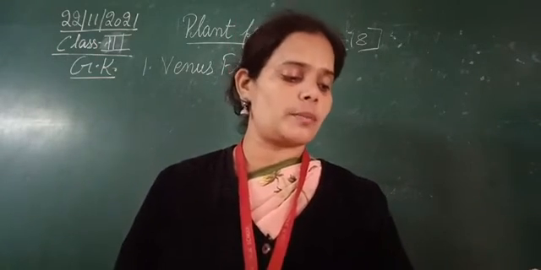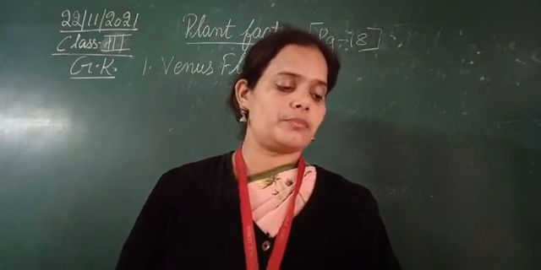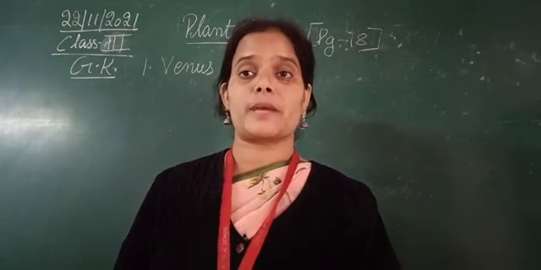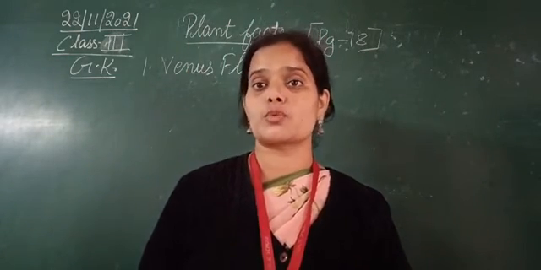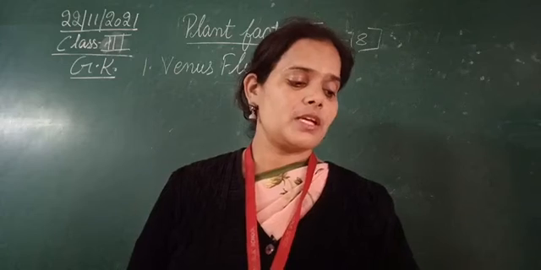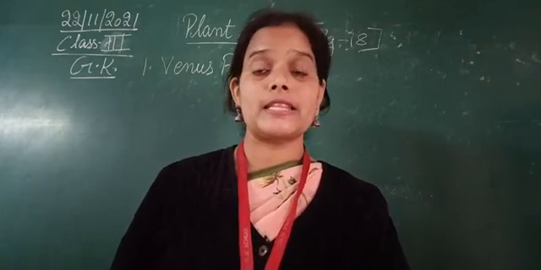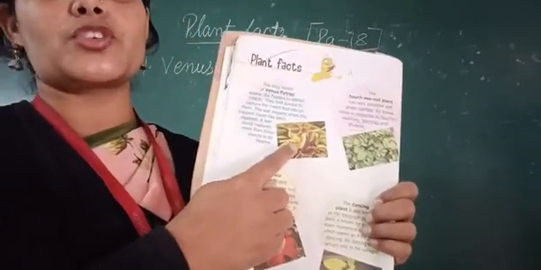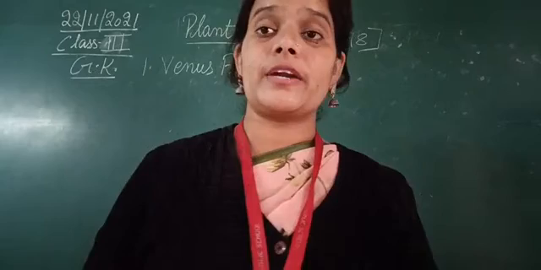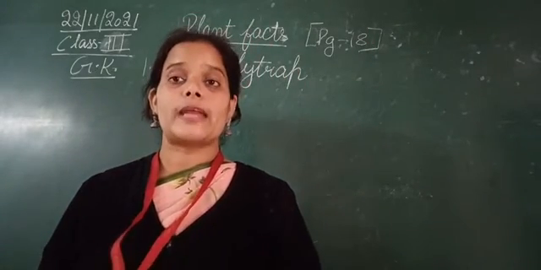So now we are talking about a leaf, that is the Venus flytrap, and that's a carnivorous plant we are talking about. So this Venus flytrap has long leaves. You can see the picture. This is a picture of the Venus flytrap and it attracts the insects. So ये insects को attract करता है.